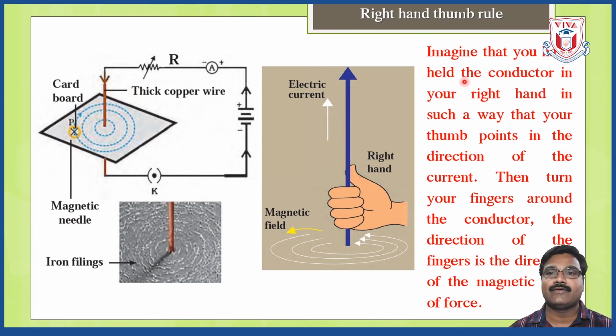Imagine that you have held the conductor in your right hand in such a way that your thumb points in the direction of current. Then turn your fingers around the conductor like that. म्हणजेच करंट कॅरिंग वायर आहे त्याच्या भोवती आपण हात ठेवायचा अशा प्रकारे. And this thumb, आपल्या हाताचा अंगठा जो आहे तो इलेक्ट्रिक करंटचं डायरेक्शन दाखवत असेल तर त्या कंडक्टरच्या भोवती जो आपण